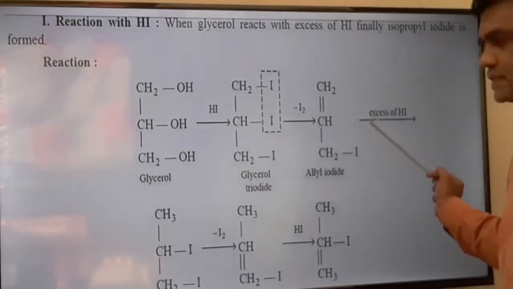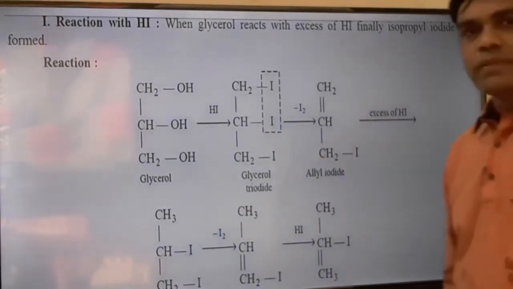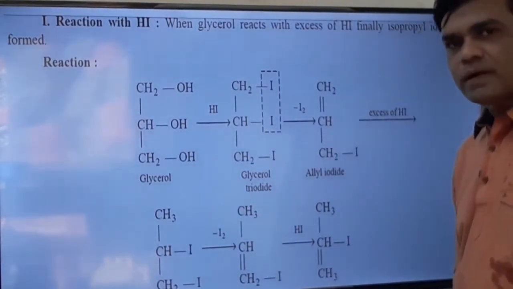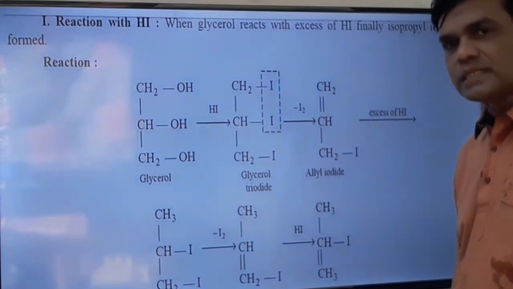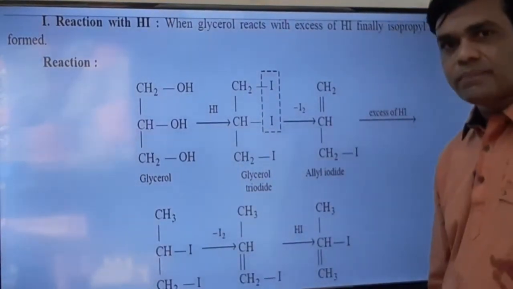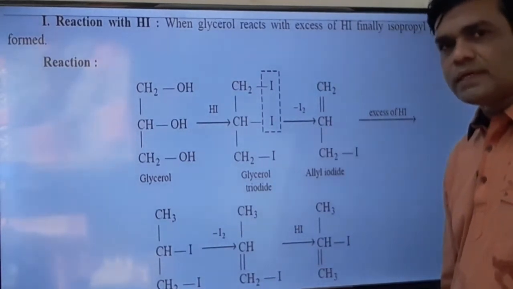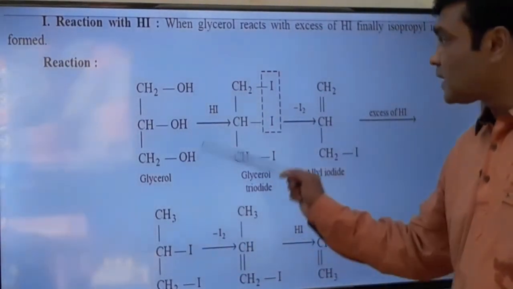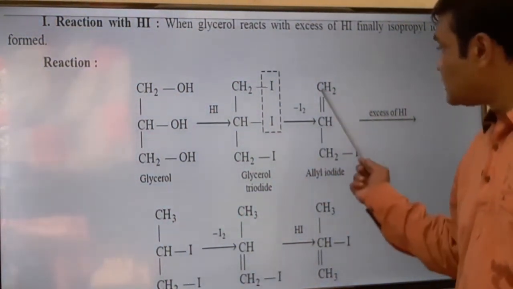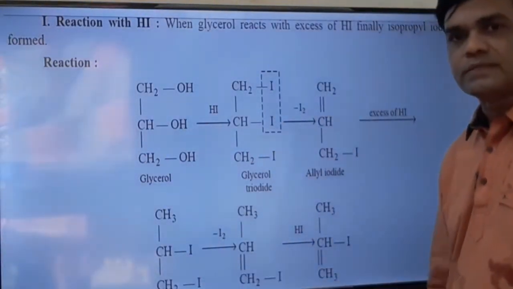When this is treated with excess of hydroiodic acid, what happens? Addition of HI takes place. As per which rule? Markovnikov's rule. What is Markovnikov's rule? Markovnikov's rule states that the negative part of the addendum goes to the carbon which possesses less number of hydrogen atoms. So in HI, which is the negative part? If you carry out the ionization of HI, it is H positive and I negative. So I negative is the negative part which will go to the carbon of this carbon-carbon double bond which possesses less number of hydrogen. So obviously iodine goes here and H will go here. So CH2 will convert to CH3 and this iodine will attach here and we get this.